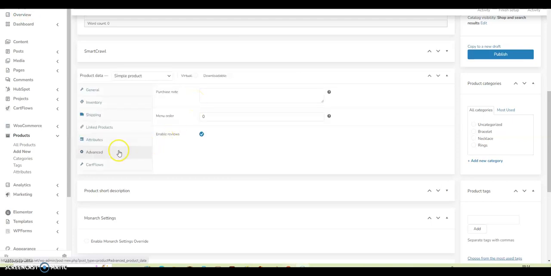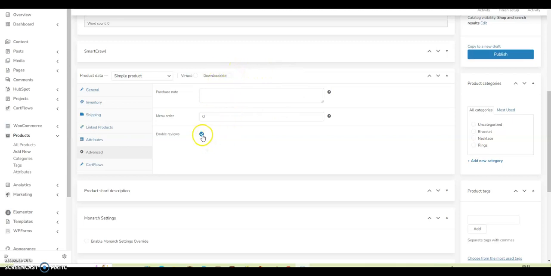And now I click on advanced, and this is a purchase note. When they have purchased it, they get this message. This is an optional note, a message to the customer when they have bought the product, where you can thank them for purchasing and so on.